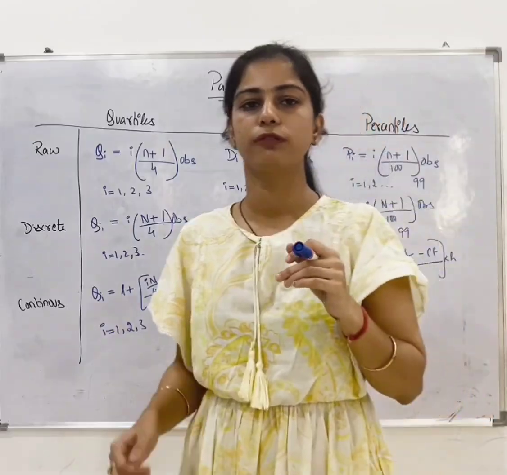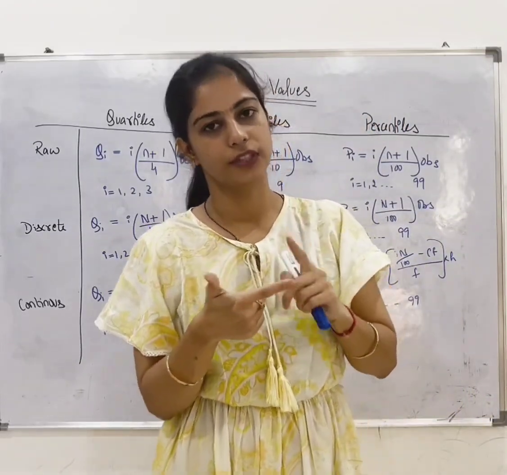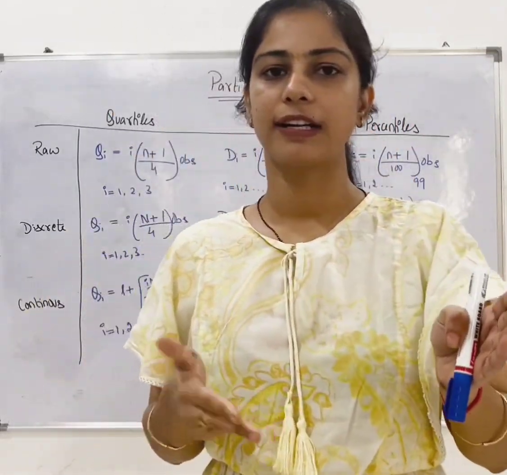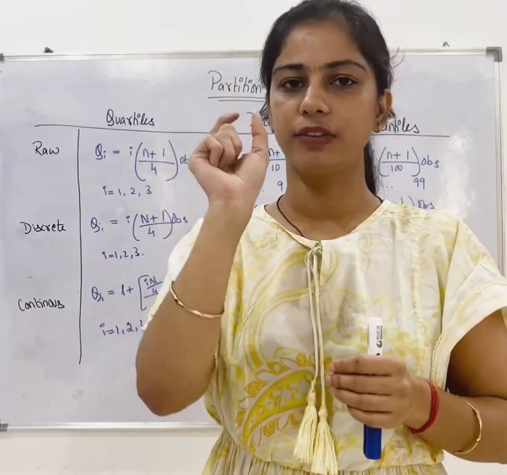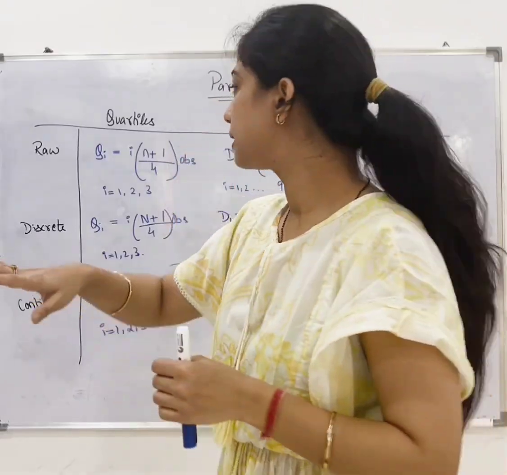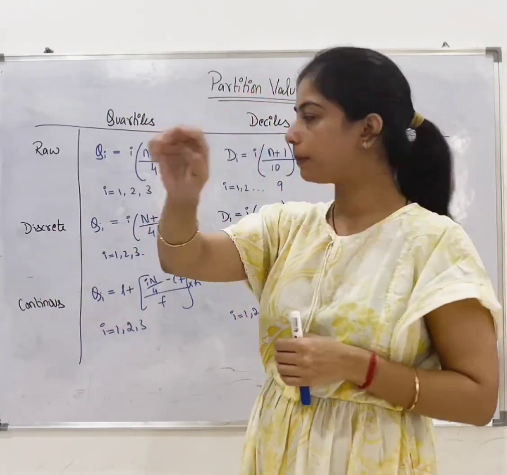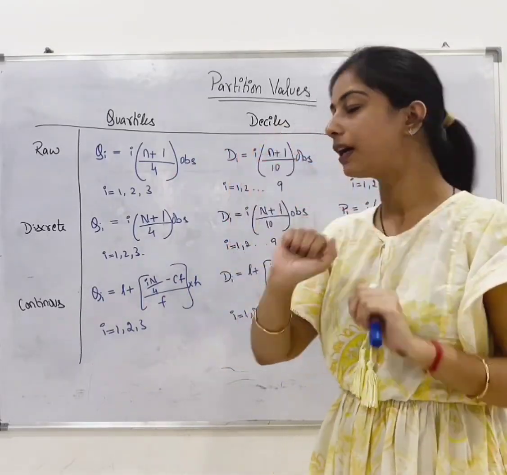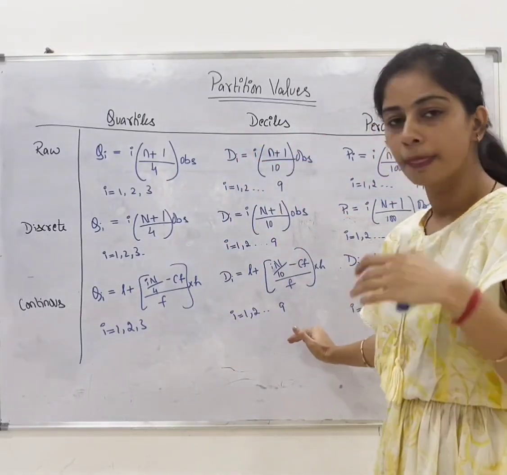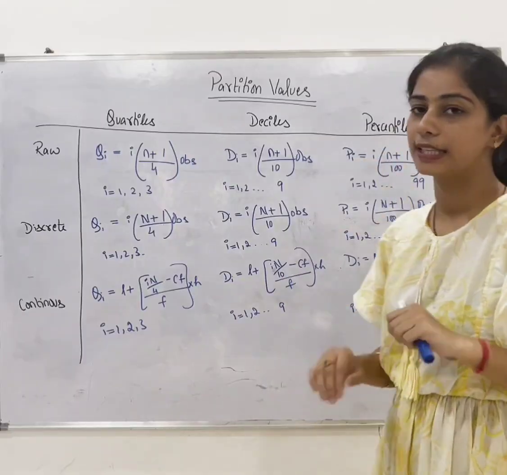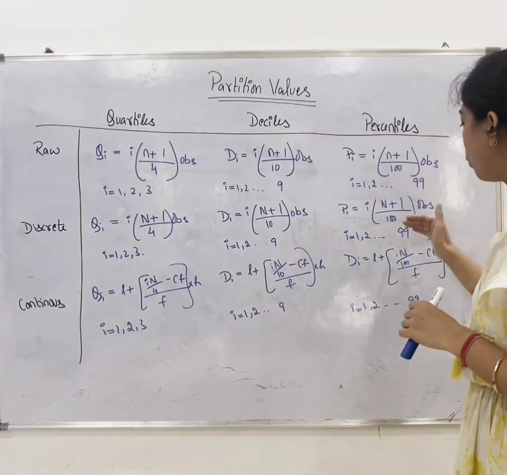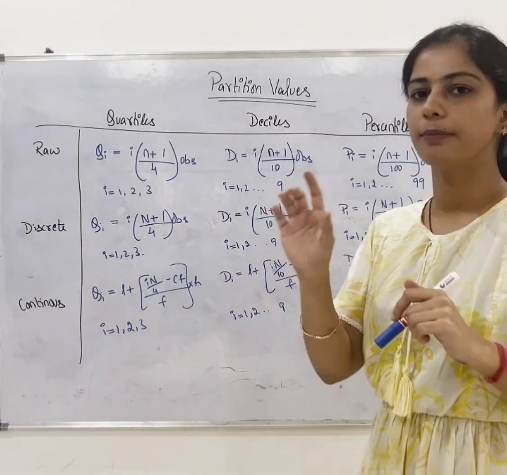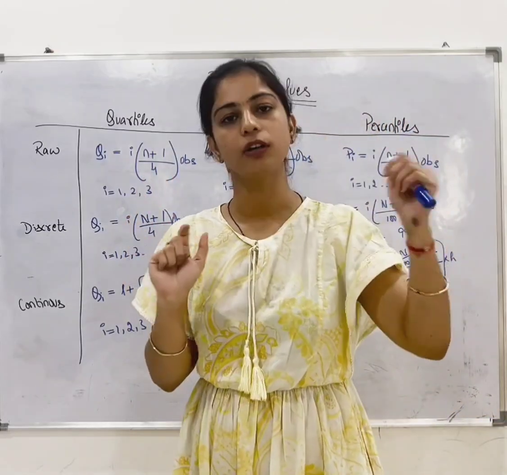So now, these are very easy to remember. You just need to know the formulas for median for raw data, discrete data and continuous data, and that is divided into 2 equal parts. So we take the denominator as 2. In a similar way, quartile is divided into 4 equal parts, so we divide that by 4. Deciles are taken into 10 equal parts, so we divide all the formulas by 10, and percentile is taken by 100, so we divide all the formulas by 100. But the concept and the formulas are the same as your median.